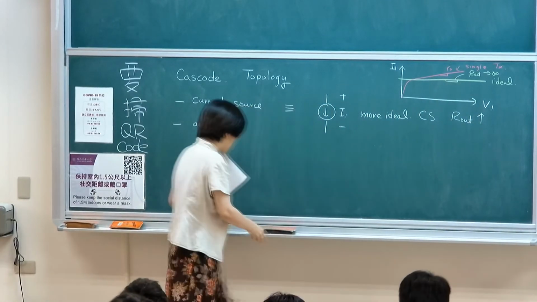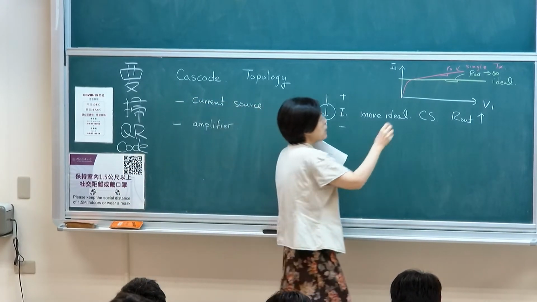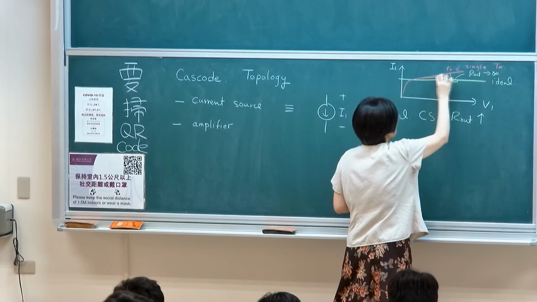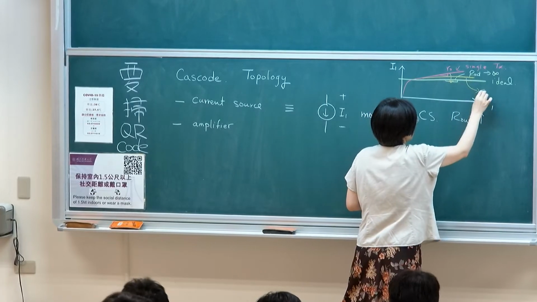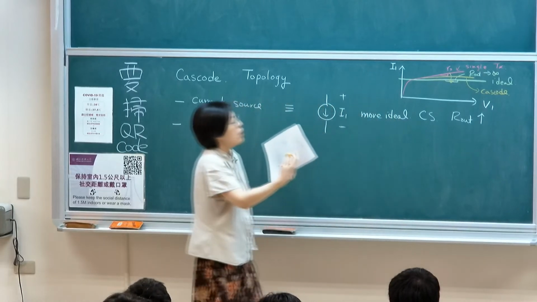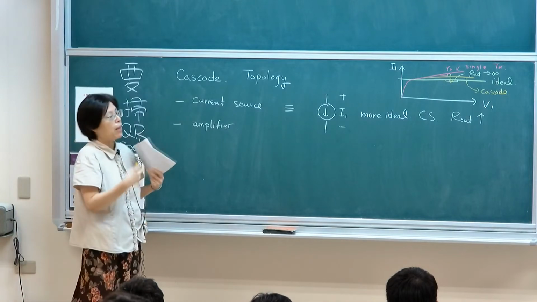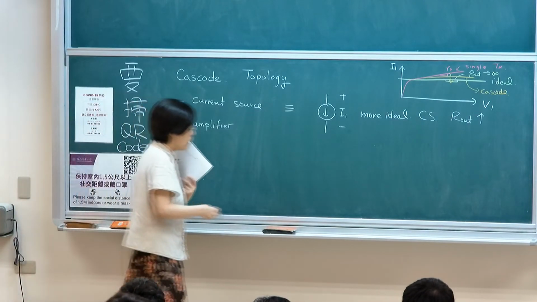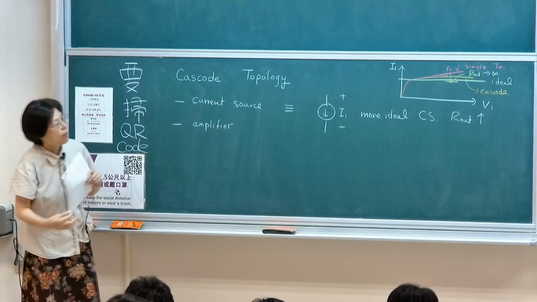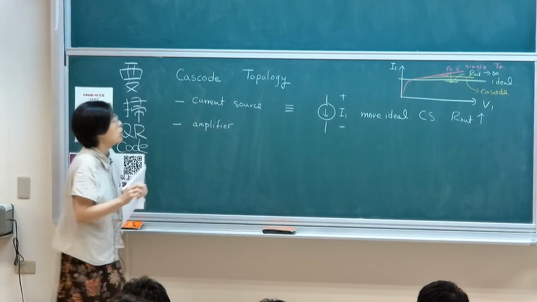So if I'm not satisfied with this output resistance, what can be done is, how do I make this slope come down? You want this slope to be somewhat here. This is what we want in a cascade structure. In a cascade structure, you would push down the effect and increase the output resistance, simply by the feedback loop we talked about when you're using a common gate structure in between resistors. So you get something more like this. That's basically what we want to do.